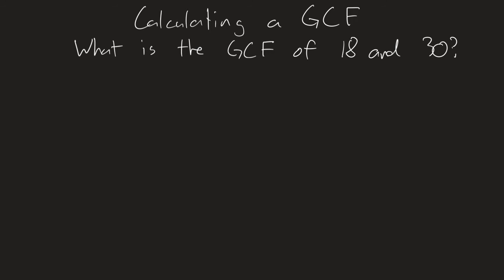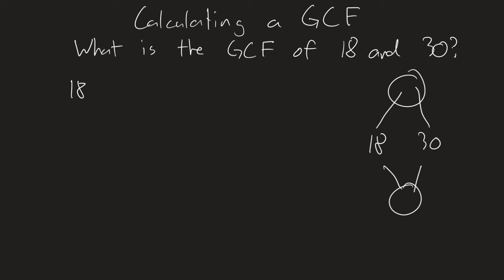For calculating a GCF, what we want to do is look at what number goes into 18 and 30. So we're trying to find a number that is smaller than or the same size as either 18 or 30, whereas an LCM that we have done in the past was what number do both of those go into. It's the same process as a least common multiple, or LCM, where we will write out the prime factors of